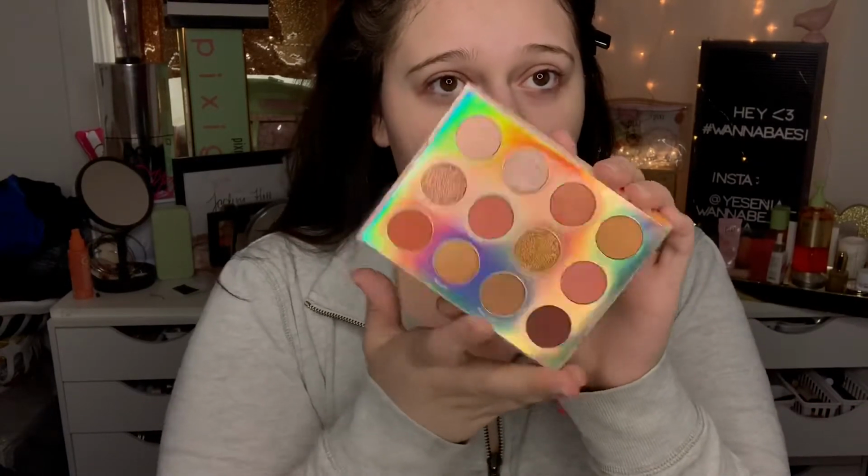I feel like we're at a rave right now. This does not look real. Okay, let me go ahead and fix this. Okay, so I'm going to go ahead and put my foundation on first, then I'll do brows. Yeah, let's do that. So I'm going to go in with my ColourPop No Filter Stick Foundation, and I'm in